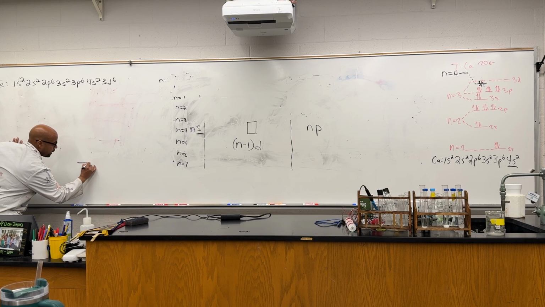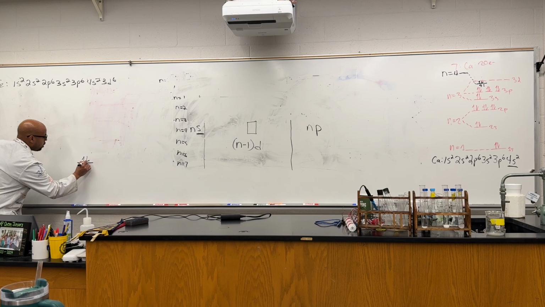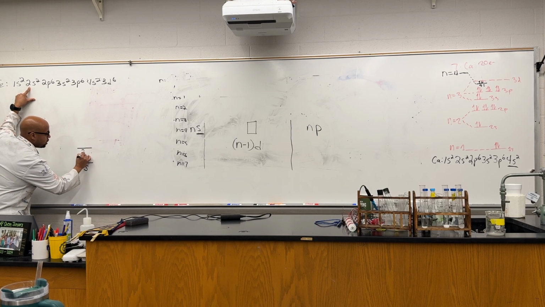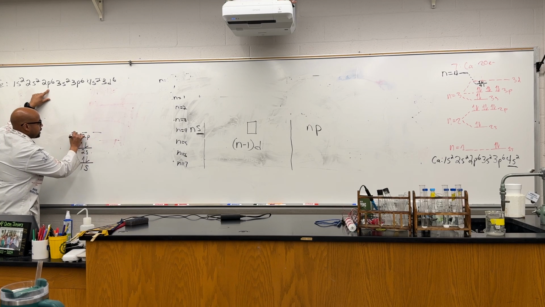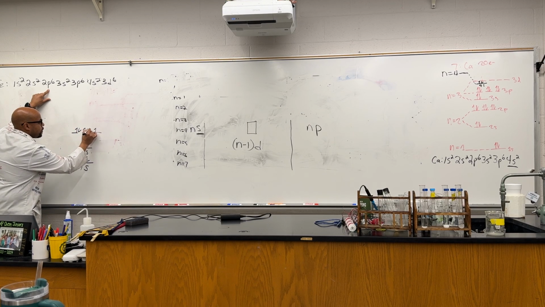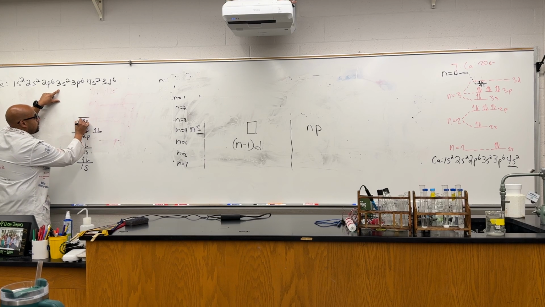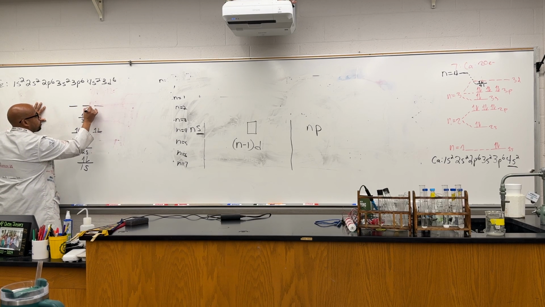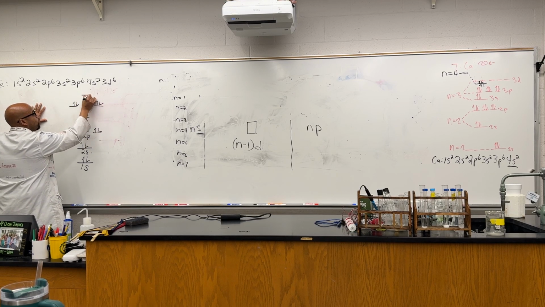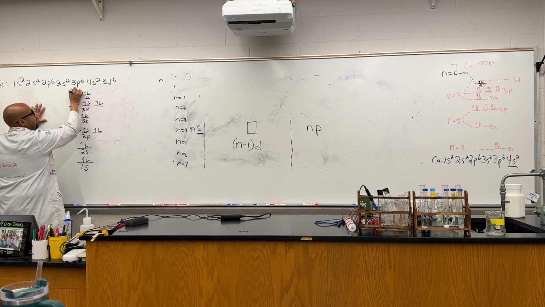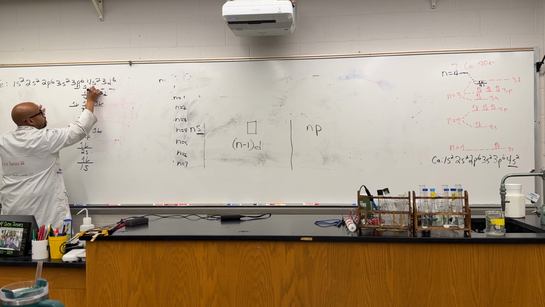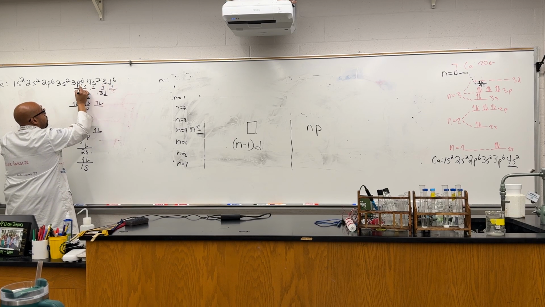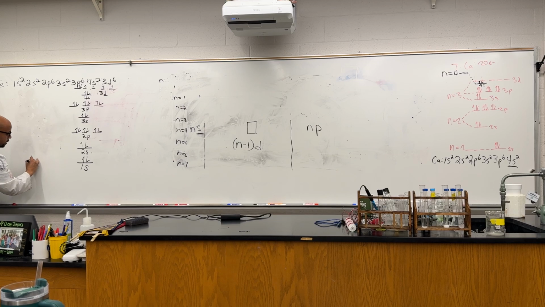I'm going to say, okay, I got a 1s. The 1s has how many electrons? 1, 2. Next, I got my 2s, which is going to sit higher energy. How many electrons? 1, 2. I got my 2p. 1, 2, 3. It's got 6. 1, 2, 3, 4, 5, 6. I got my 3s. 1, 2. I got my 3p. 1, 2, 3. It's got 6. I got my 4s, which has 2. And then I got my 3d, and it's got a grand total of 1, 2, 3, 4, 5, plus 1 more, which gives me my 6. And then the only thing I gotta do now is go in here and say n equals